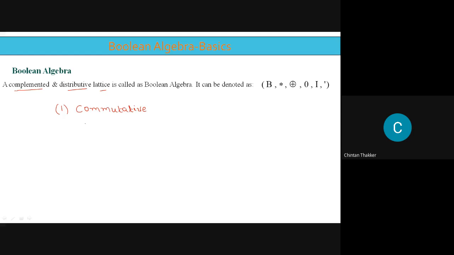For a lattice, the first property is commutative, that is A star B equal to B star A, and A ring sum B is equal to B ring sum A. Then the second property, what is the second property for a lattice? The second property is associative,